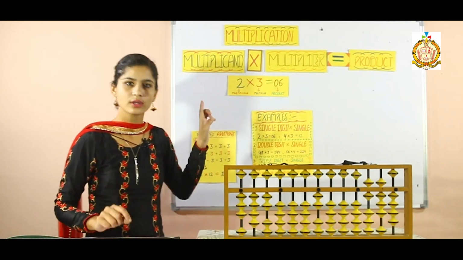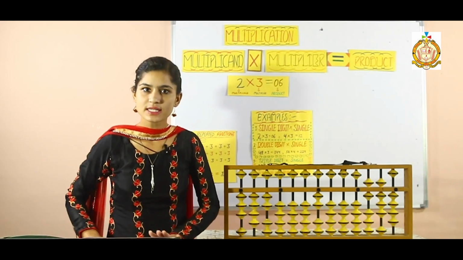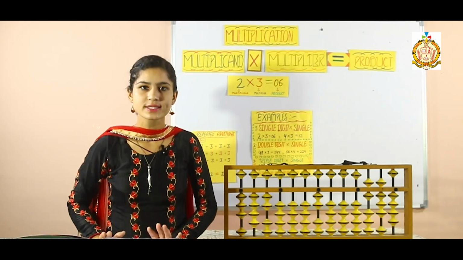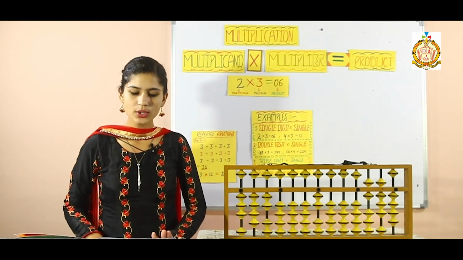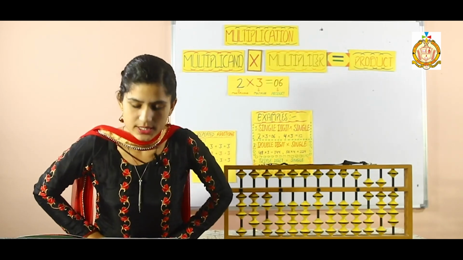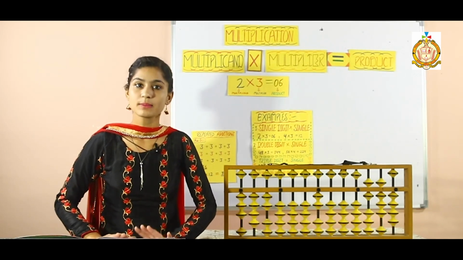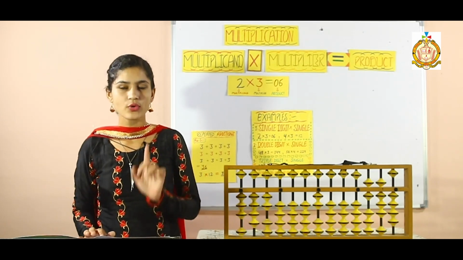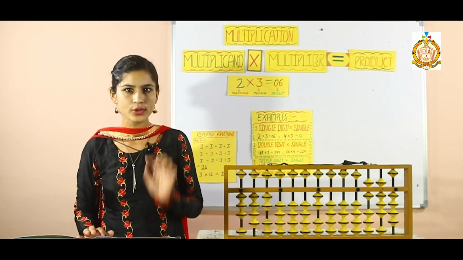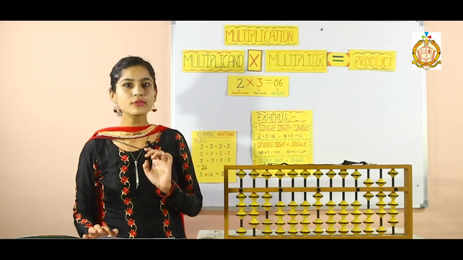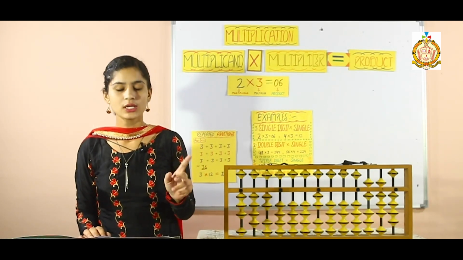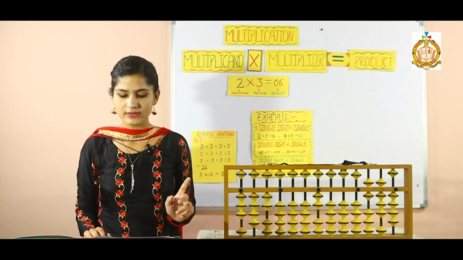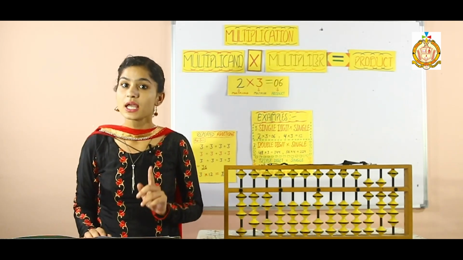That is already written on the flash card. This is the concept of multiplication which is in your syllabus. So you have to follow this and go through the video. For 4th class, the multiplication topic is on page numbers 40 to 43. That is for the 4th class students. And for the 5th class students, it is on page numbers 16, 17, 27, 37, 48 and 59.